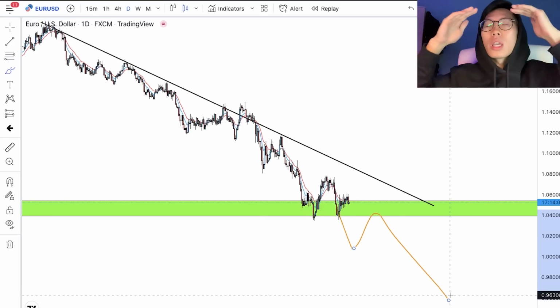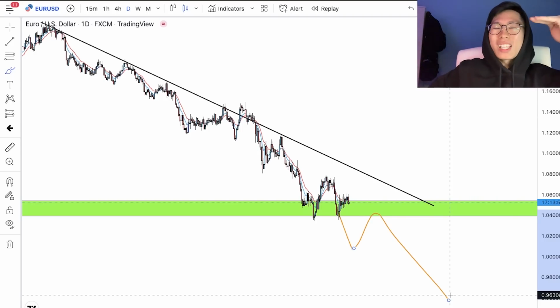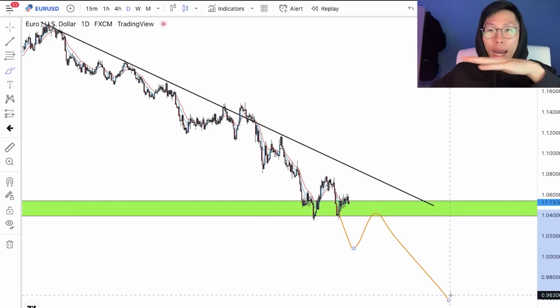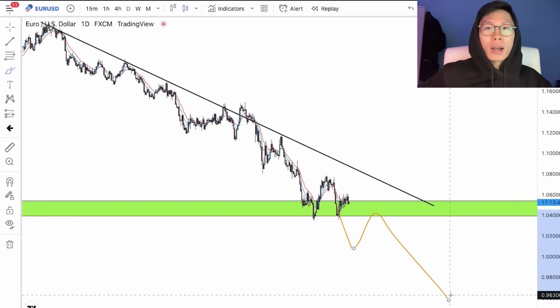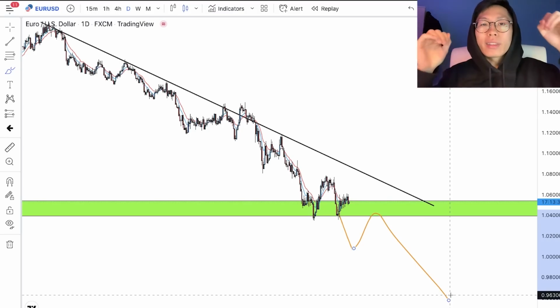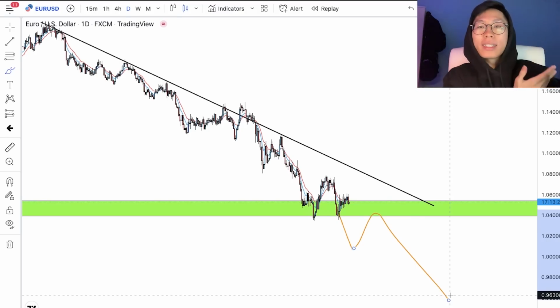So my most important takeaway for you guys in this episode is that when price is at a major key level, or any key level in general, you always want to make sure you react to the market instead of thinking that this is what the market is going to do. So for example, if you think that the market is going to go up and you enter for a buy right now, you're going to lose a lot of money, because the market can do anything it wants. Anything it wants. The market can do anything it wants.